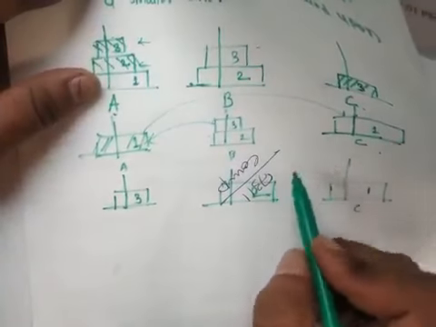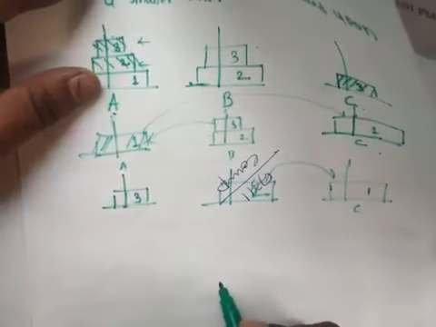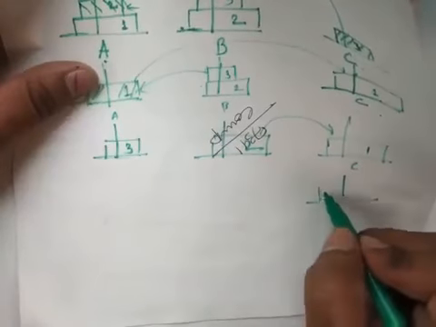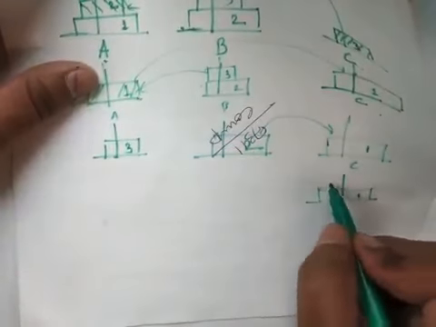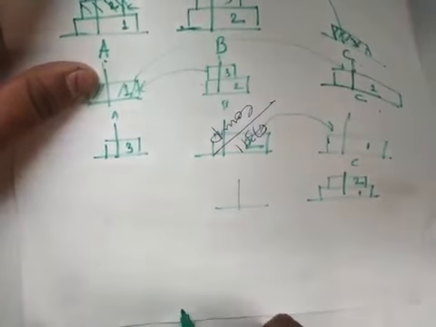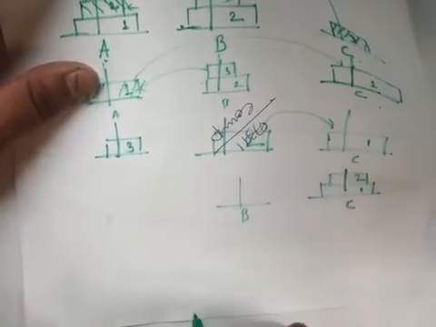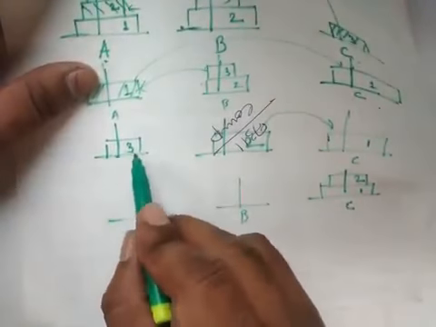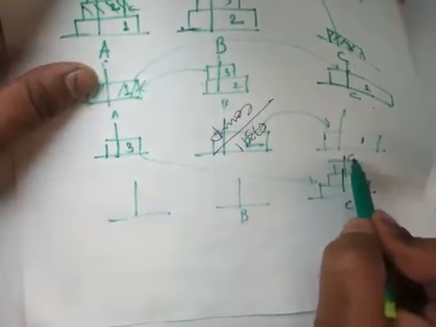Now what am I going to do? In the next iteration, I am going to move disk number 2 on top of C. So what will we get next? Here comes disk number 1 and we now move disk number 2 on top of C. So here comes 2. And now B is empty. Peg B is empty and C has 1 and 2 on the top of C. And at the last iteration, what are we going to do? We are going to move disk number 3 on top of C. So here we get 3.